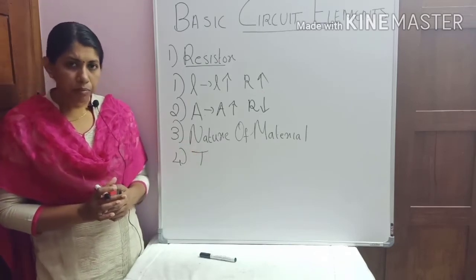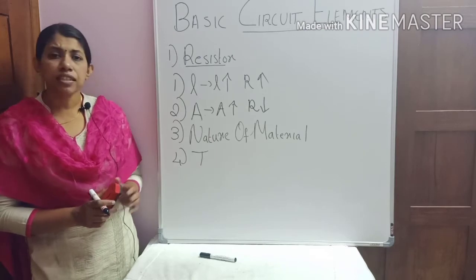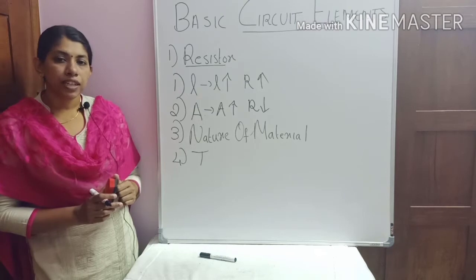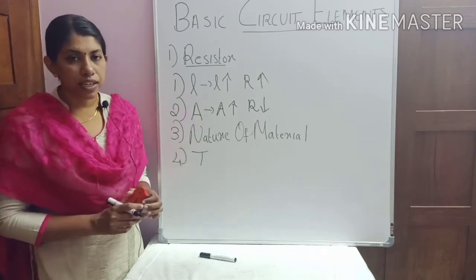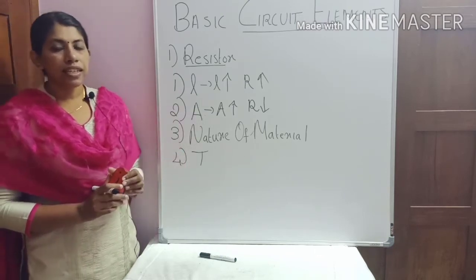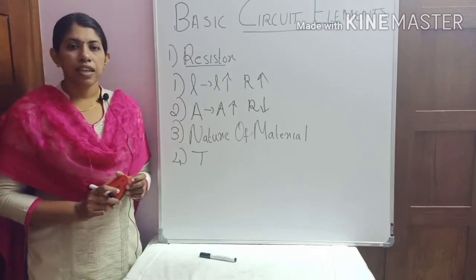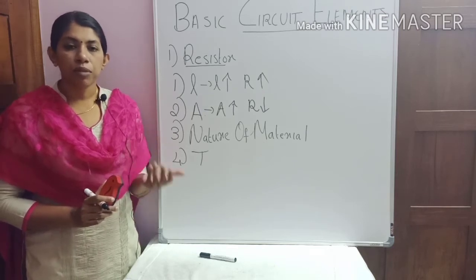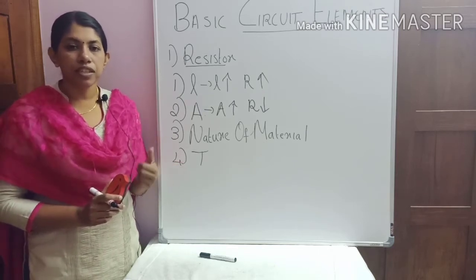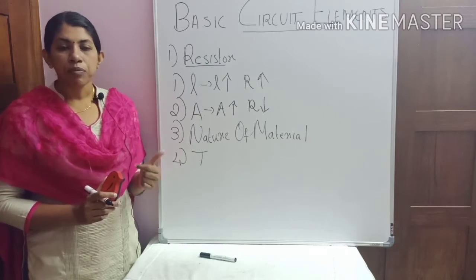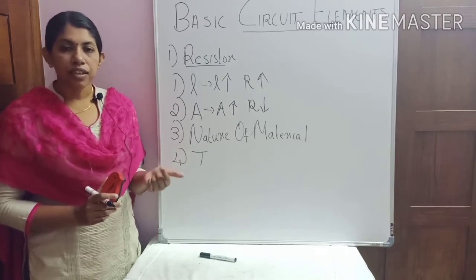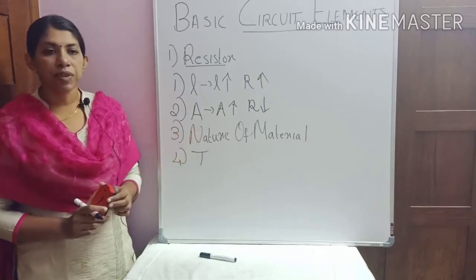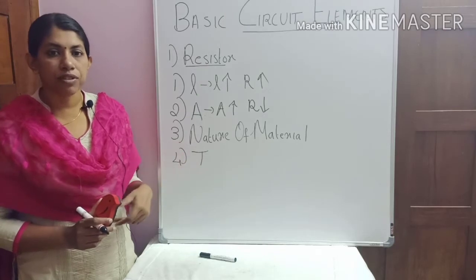Now we will consider the next factor, nature of the material. By the nature of material we mean that imagine other conditions are constant, like length of the conducting material and area of the cross section of the conducting material. In that case, imagine silver and copper. We know that silver has more free electrons than copper. So silver will be more conducting, right? Which means that silver has less resistance. So this property is considered as the nature of material, like number of free electrons and all.